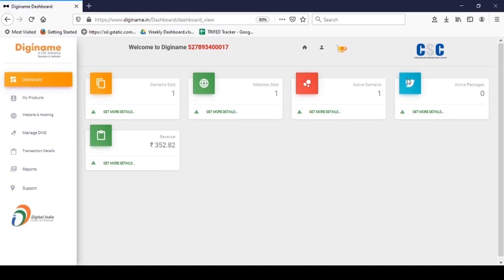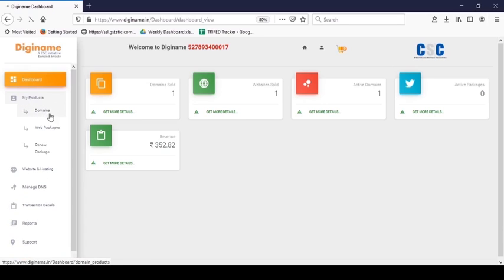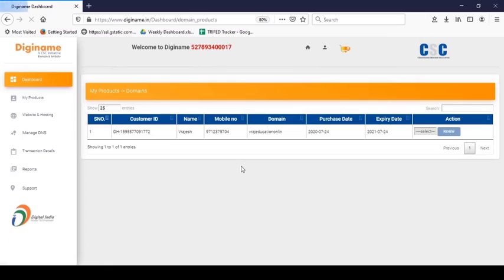Your DigiName dashboard will be opened. To check the details of domains that you have bought through DigiName, you have to go to My Products, Domains. You will see the details of all domains that you have bought through DigiName. You have to copy the customer ID of the domain that you want to link with your free website.